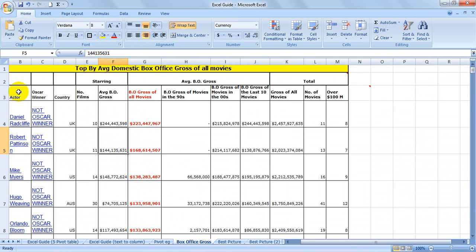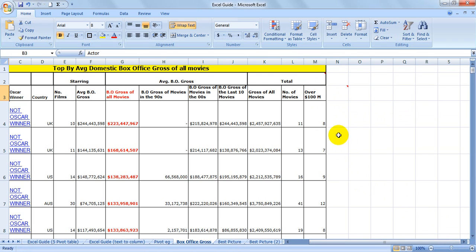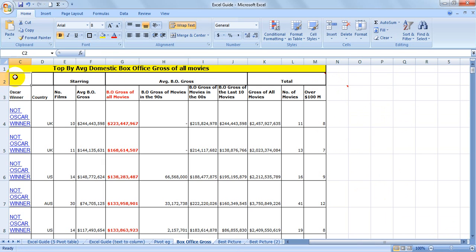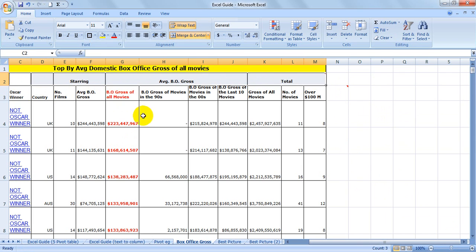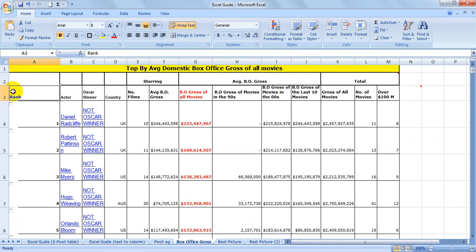So go to your data range and select the range that you want. Now, just a warning, pivot tables cannot have blank headers for fields. So we couldn't, for instance, use this as our range because it needs to see each one of the headings for each one of the data to be able to group it and be able to slice it and sum it all. So we'd be best off using this, just making sure that everything has a heading